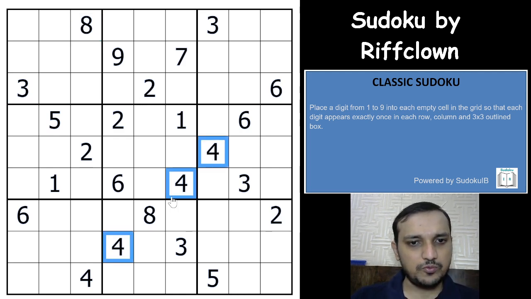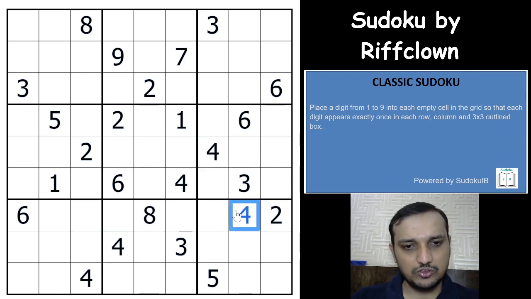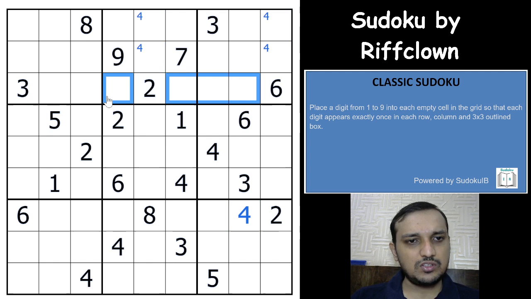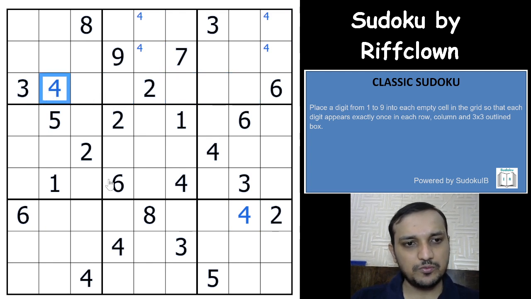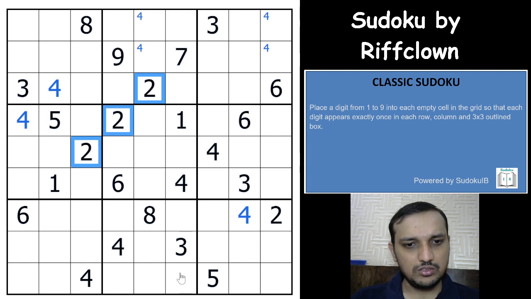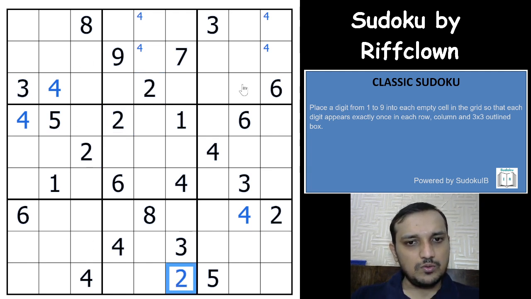I can see there are 4 fours here, so that should help us in some way or the other. This is 4, so a 4 cannot be in any of these cells, cannot be here, cannot be here, so this cell is a 4, that gives you a 4 here, right? So all the 4s are done. I even see 2s here, so this cell is a 2, this cell is a 2 here. You get a 2 in one of these 2 cells,